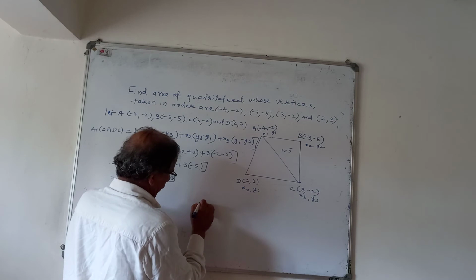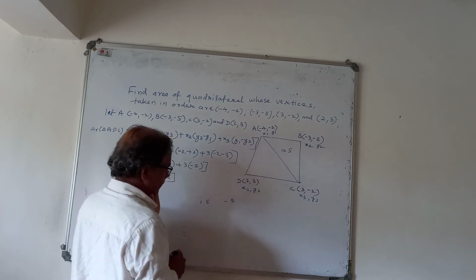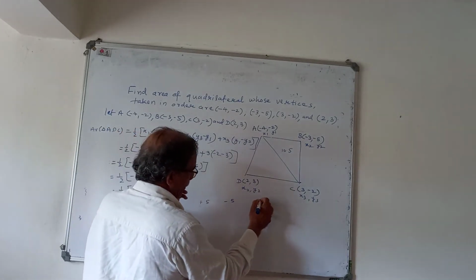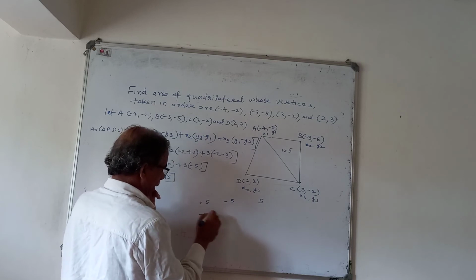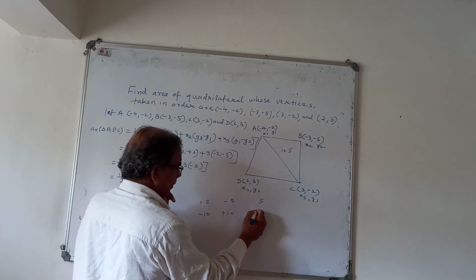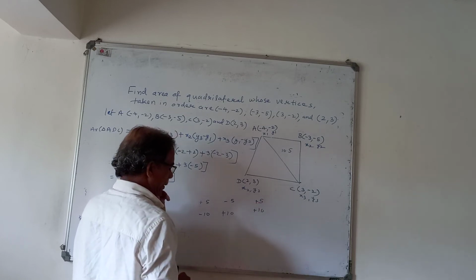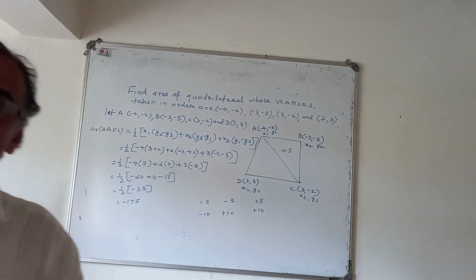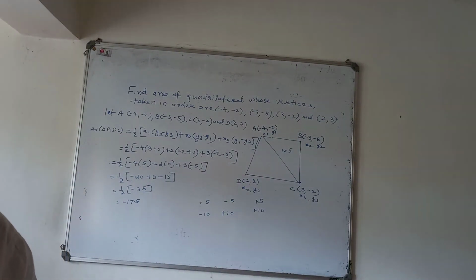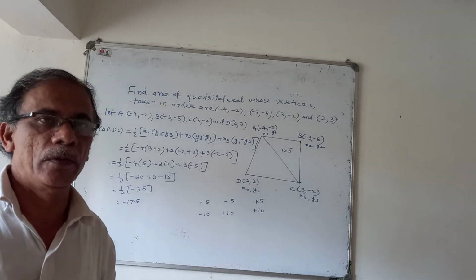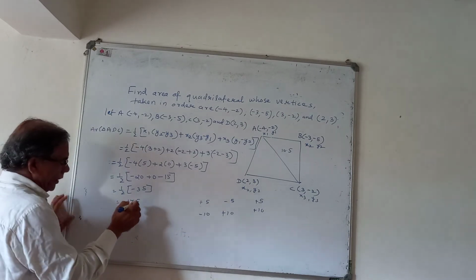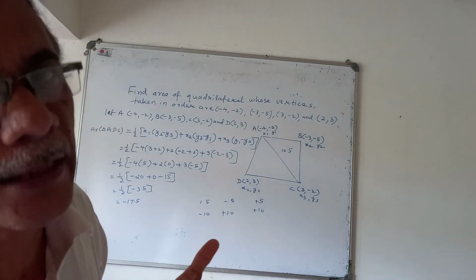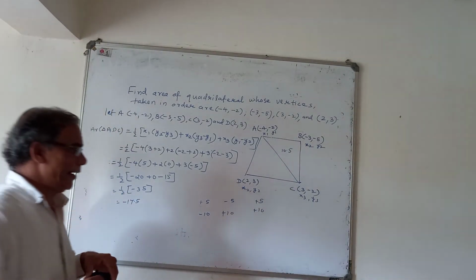Now see, suppose plus 5 and minus 5. These are opposite numbers or additive inverses. Which is the greater number among these? Greater is 5. Suppose you take minus 10 and plus 10. Which is the greater? Plus 10. So you take any integer and its opposite integer. The positive integer is always greater, which is called the numerical value of that value. So what statement do we write here? This area cannot be negative, so we have to take the numerical value of minus 17.5, which is positive 17.5.